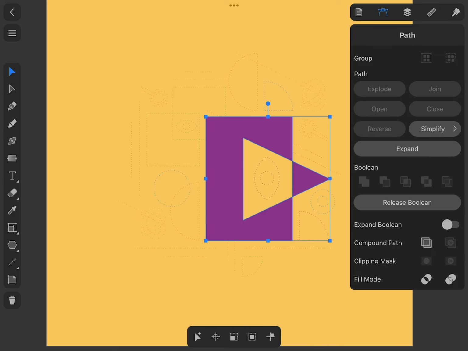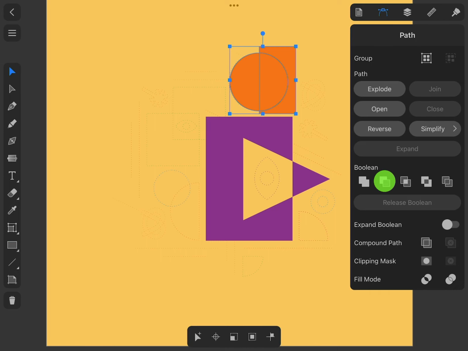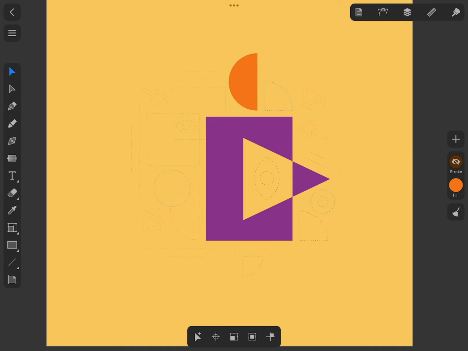Another trick is useful when you need to create a semicircle. We will start by drawing a circle using the Ellipse tool. To constrain it to a circle, hold down one finger while drawing. Then add a rectangle above in the way that it covers half of the circle. Select the two shapes and apply the Subtract operation. This will cut out the overlapping part from the lower object. The same technique can be used for a quarter circle, and so on.